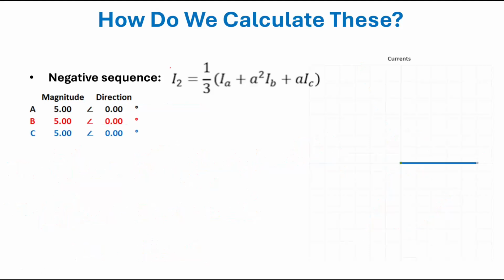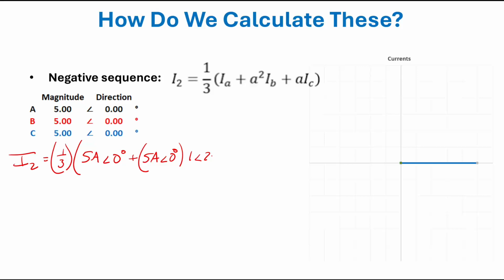The last one for negative sequence is right here in these values. We expect this to be a 100% zero sequence system. So I2 equals 1/3, and we expect the third to not matter, but IA is 5 amps at an angle of 0 degrees plus 5 amps at an angle of 0 degrees with an angle compensation of alpha squared, which is 1 at an angle of 240